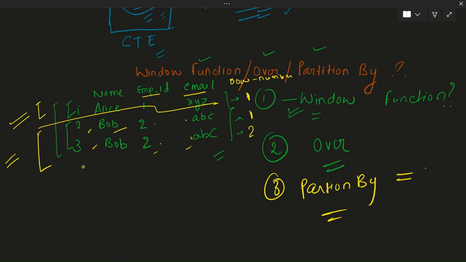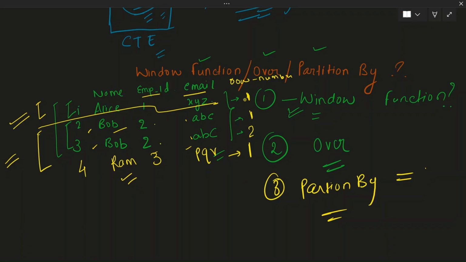Let's say we have a fourth employee in our table with some employee ID and email. This time SQL will treat this fourth employee as a new unique employee and again assign the row number 1.